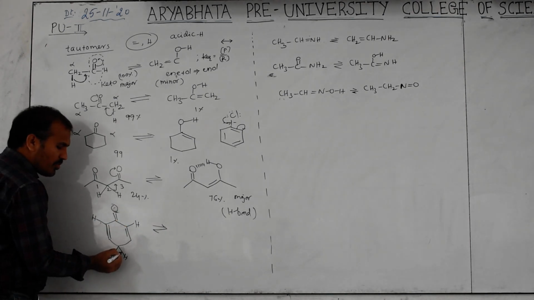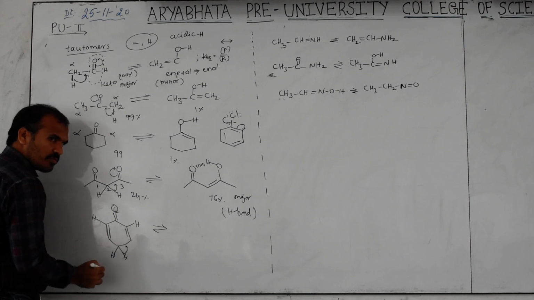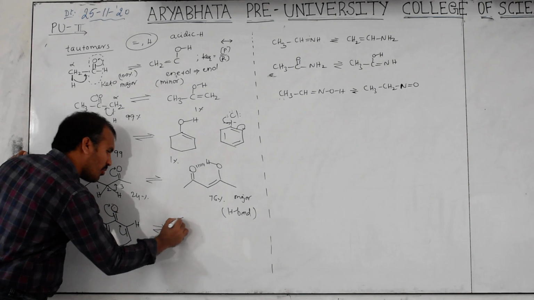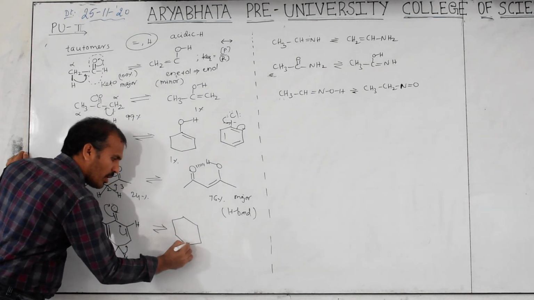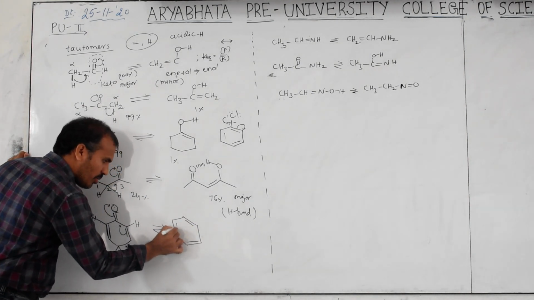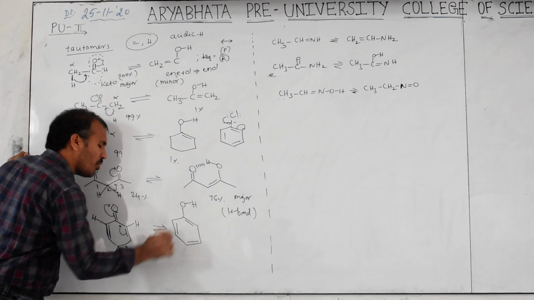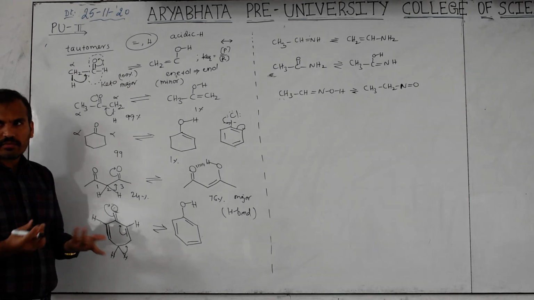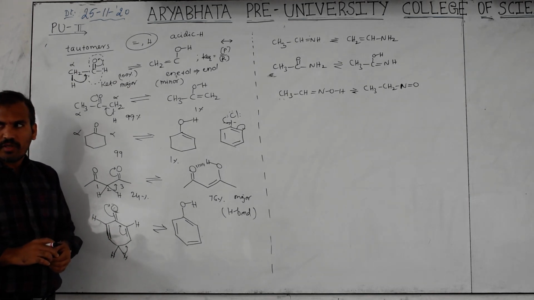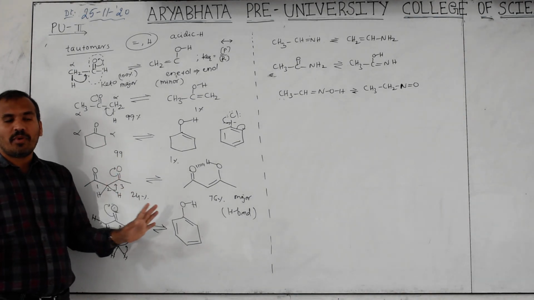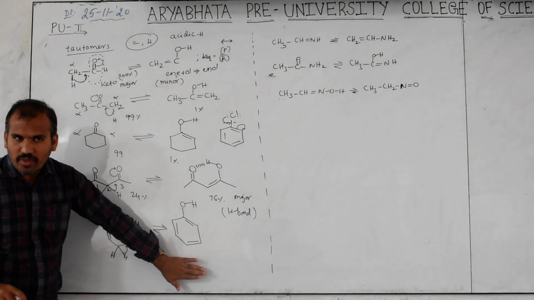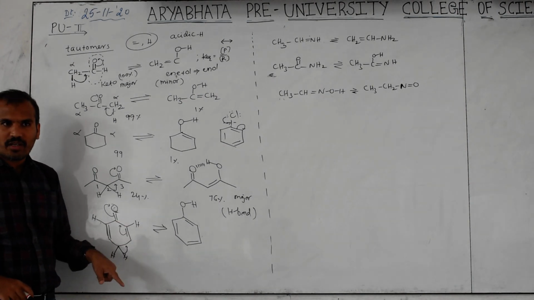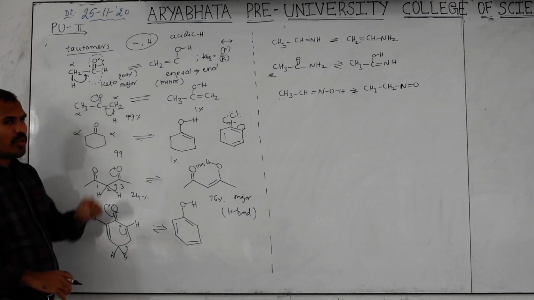Now observe. This hydrogen will come here, this bond will come here, and this bond will come here. Then what are we getting? Double bond, double bond, already a double bond is there. This is a single bond, and this is OH. Now what did we get? Phenol. Is phenol aromatic or a normal compound? Aromatic. Aromatic is more stable than the remaining compounds. Therefore the right side is major. So this is also one of the properties of these tautomers.